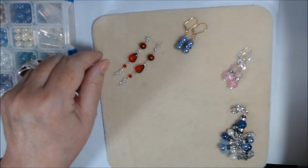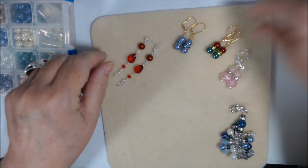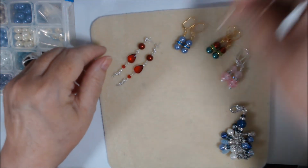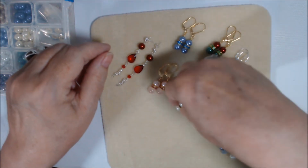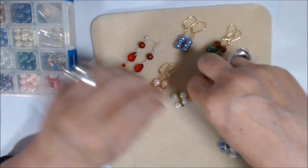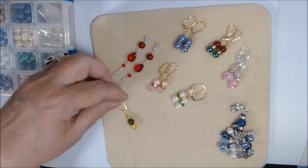So we shall see. All of these items will be going into my Etsy shop as soon as I can get pictures taken. So I hope you enjoyed them, and I would like to thank BeeBeeCraft for inviting me to